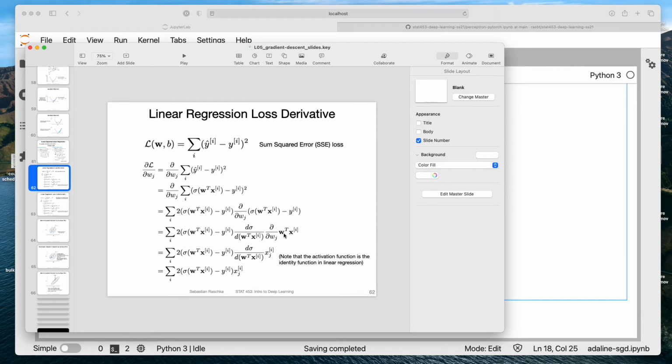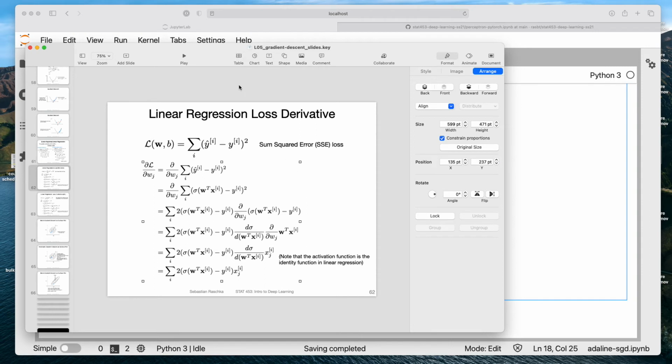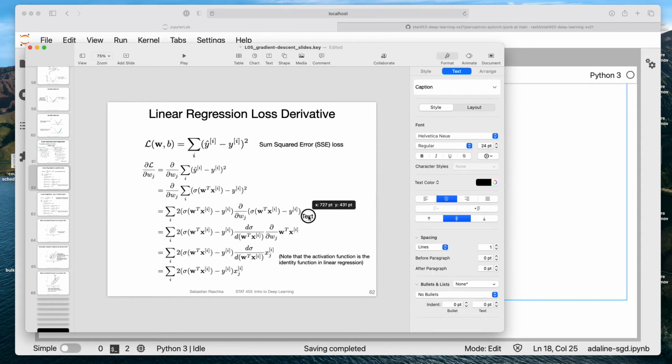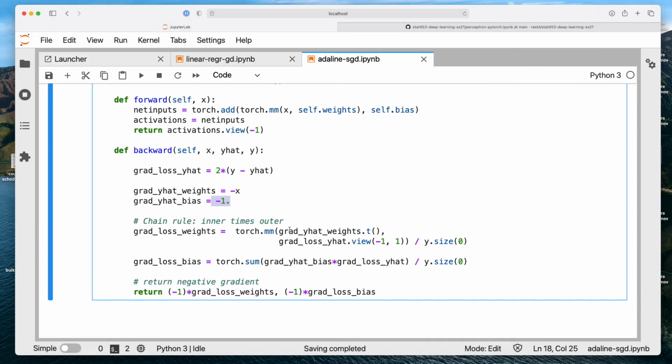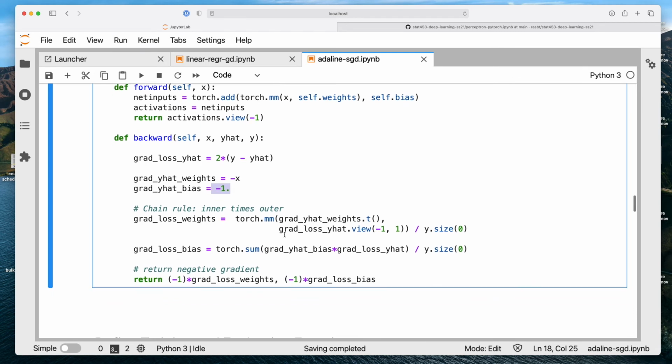So let me write this down somewhere. We have then W transpose X plus B. If we derive with respect to B, this would be a constant, so this goes away, and the derivative of this one with respect to B is 1, right? So in this case, the derivative would be 1, but we are also interested in the negative gradient, so it would be -1. All right.